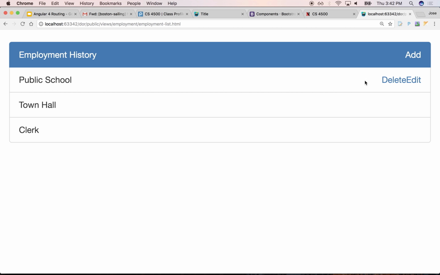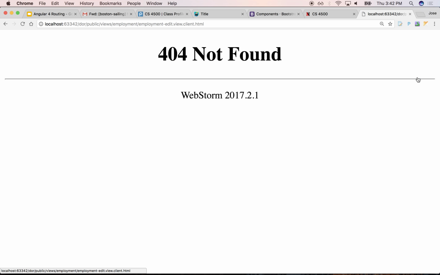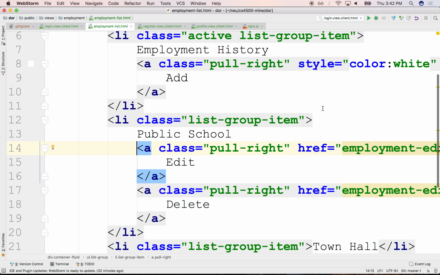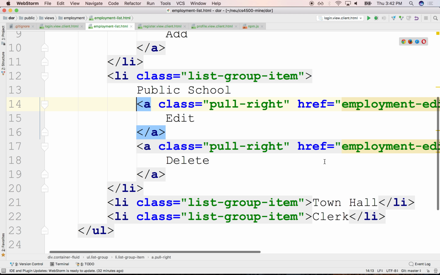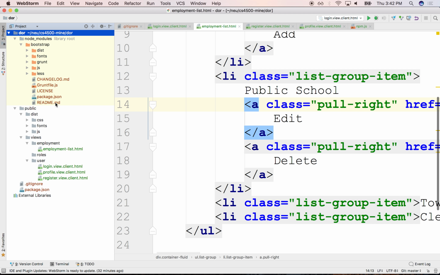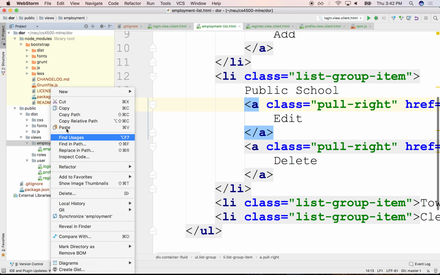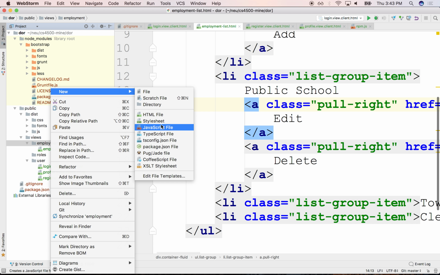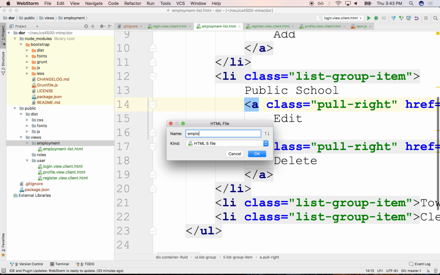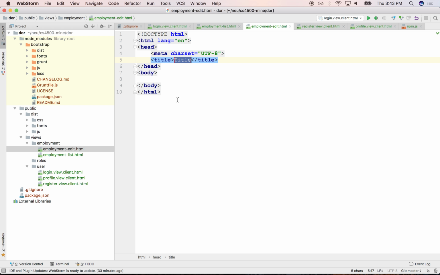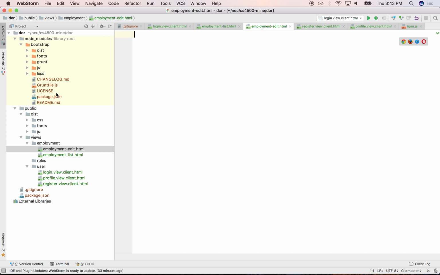Anyway, okay. So if we click on any one of these, you might want to go to the employment edit page, which doesn't exist yet. Let's take a look at what that might look like. Okay. So let's create maybe the edit page that goes along with this. This would be employment edit HTML. Notice that I'm breaking my own naming convention,